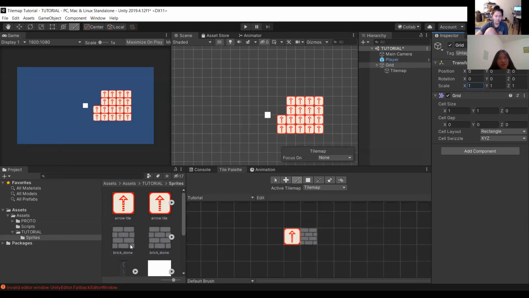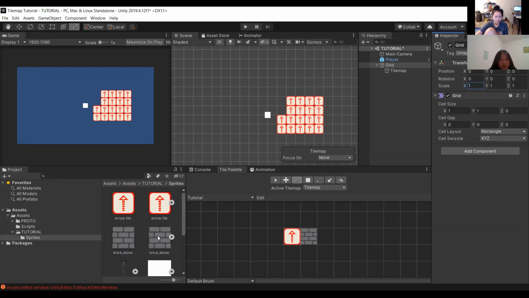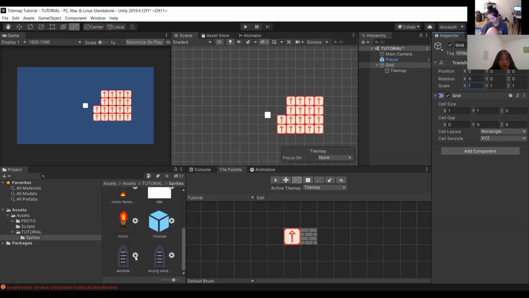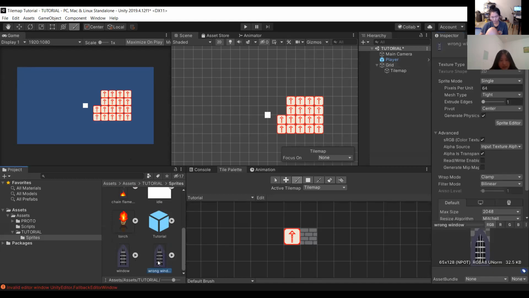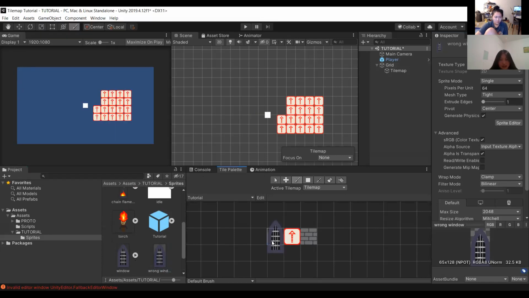Next, we're going to go on to the more complicated sprites that you see here. We have a window, and we have a chain flame, that are not perfectly 64 by 64. So how would you put them into the scene is kind of the question. Something you could do is have the window as is, drag it in as is, and it'll show up kind of like this. It's kind of janky. It doesn't really fit normally. It just looks really weird. So you don't want that.